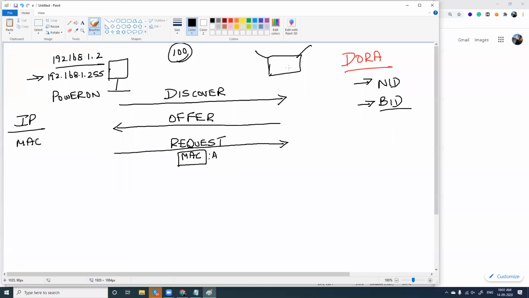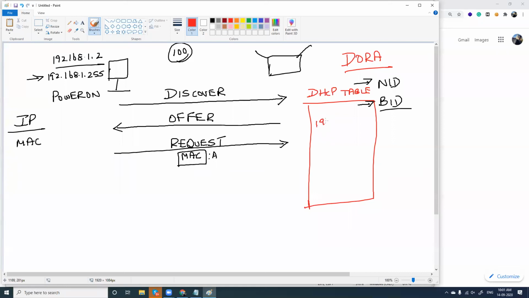Fine. So what does your modem do? In case DHCP is enabled, your modem will have a table which is called the DHCP table. I will explain all these in detail, and we will be configuring this table range, everything in detail. This is the DHCP table which your modem has, or router, modem, anything.